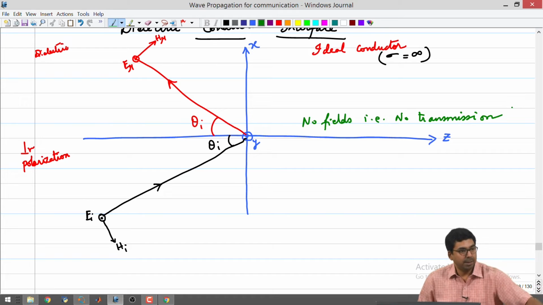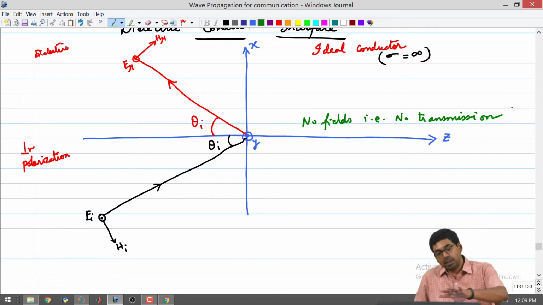So, this already gives us a hint that whatever happens, the reflection coefficient has to be unity. We already know that the electric field reflection coefficient has to be unity, but we are just going to see whether the assumed direction is going to be the same or not, and also what the total fields in steady state are going to look like in medium 1.